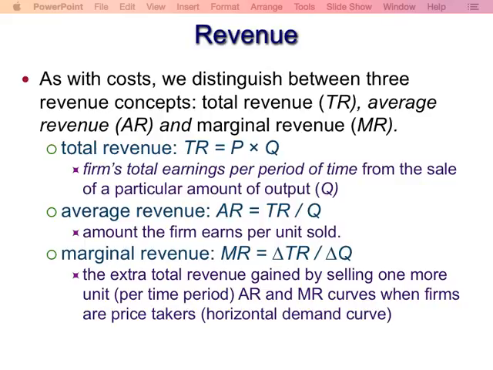Okay, now we look at the short run revenues as a starting point, and we know the definitions. Total revenue is price times quantity. Average revenue is total revenue over quantity. And marginal revenue is the amount of money we gain by selling the extra unit. So that's marginal revenue: the revenue we gain or derive from selling the next unit. The formula is change in revenue over change in quantity.